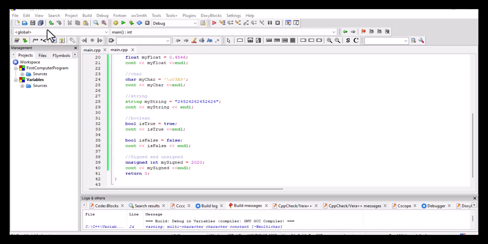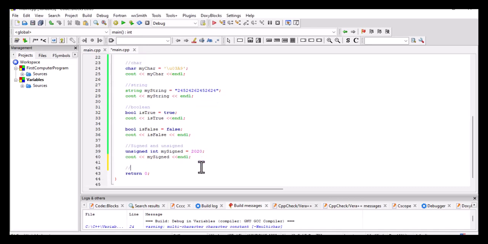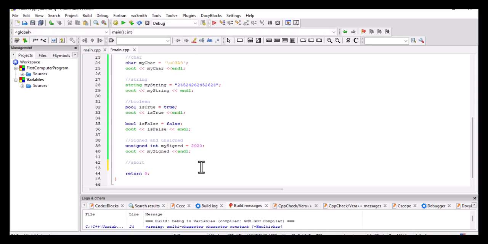So in this video, we'll continue to look at modifiers. The modifier we're going to look at now is called short. I know short is a data type, but this time around it can be used as a modifier. Now, when you use short ahead of an integer like this one,